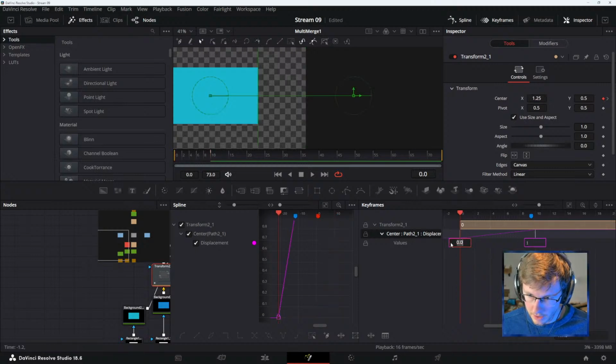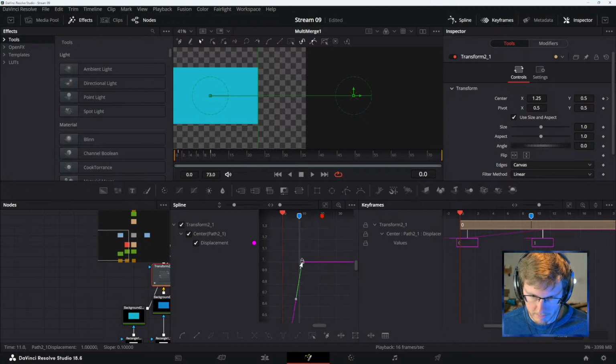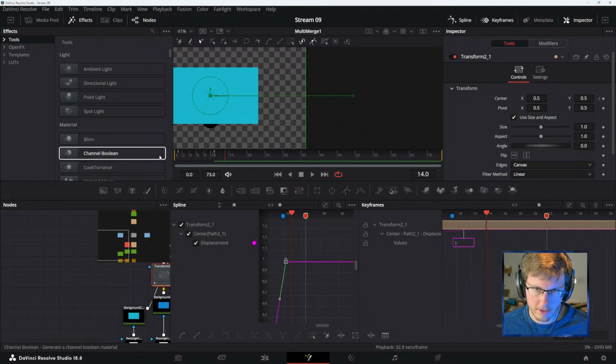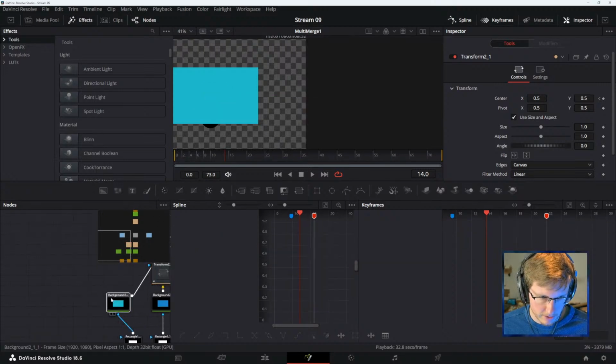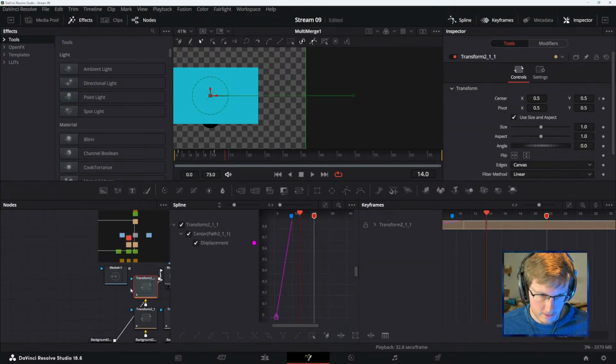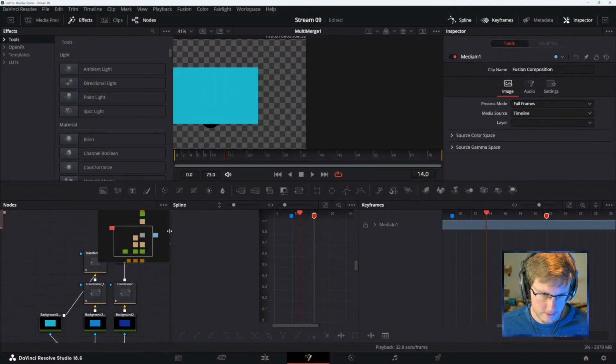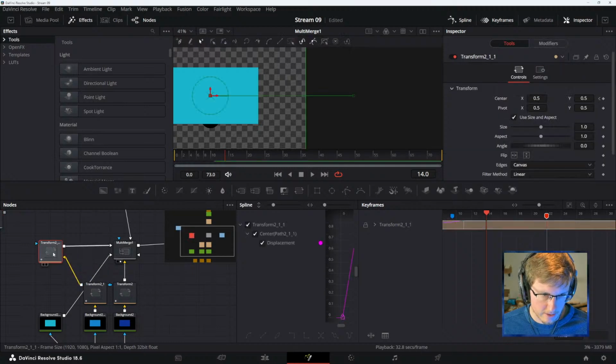Come on, I want to get this one. No, that's the value though. I wanted to just move that over one keyframe, just so they're staggered. Okay. Looks kind of stupid at this point, but getting messy.